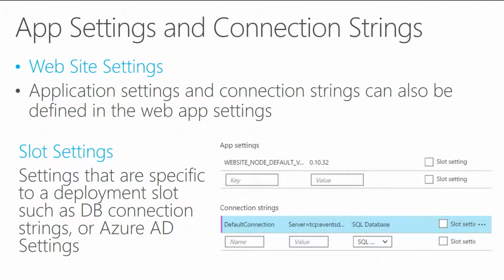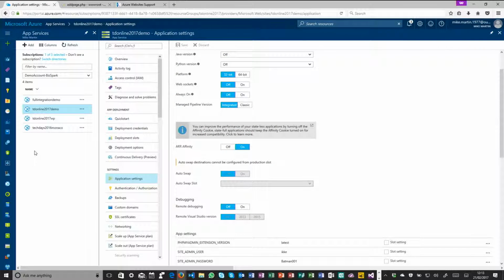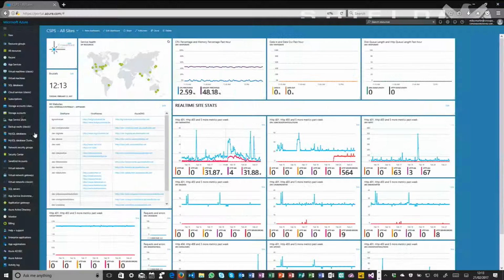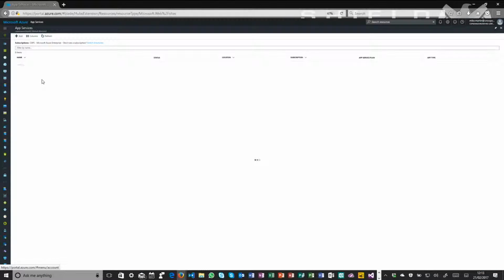And sometimes you're going to need them, like there's a well hidden, well documented feature for caching on your slots. I'm going to show you that, and that's one of the reasons why I bring this up. It's actually been preferred by the team who mentioned it. So I need to go to another environment now. App services, and maybe this is a little bit slow, but you see in the